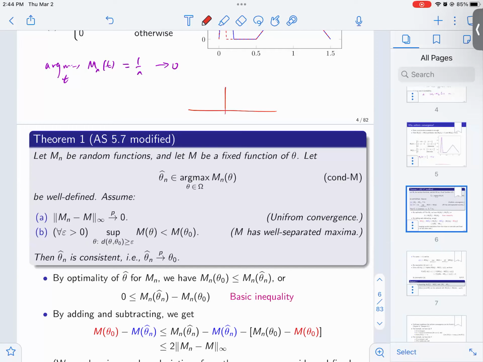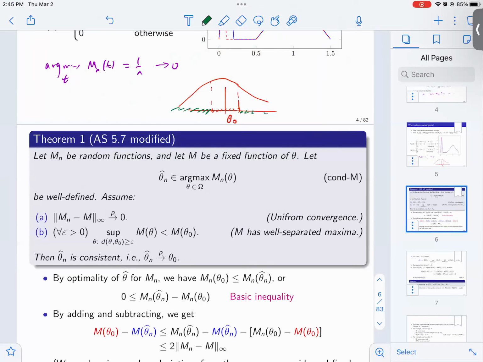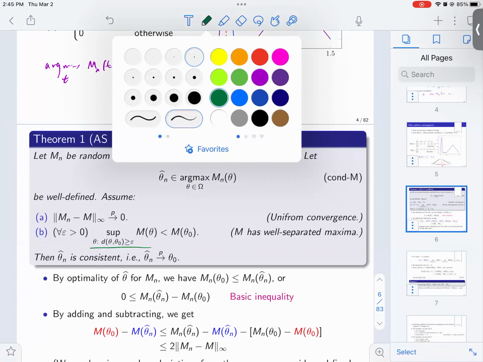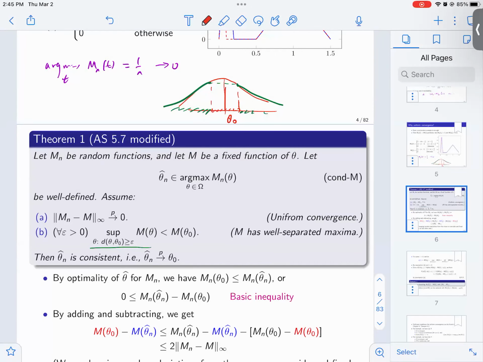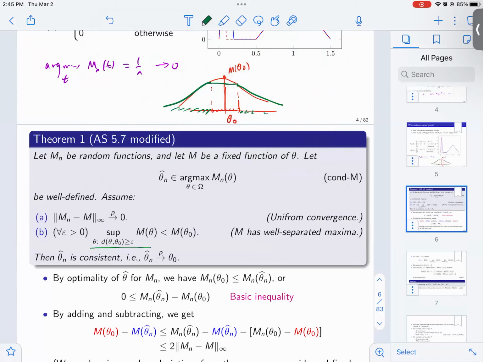If you have theta naught, and you put a ball of radius epsilon around it, and then look at the value of the function outside this ball, so I'm putting a ball here, the maximum of the function outside this part is lower. The true maximum is the value of M at theta naught. So this is saying that this value is higher than this value for any epsilon. Okay, so this guarantees that